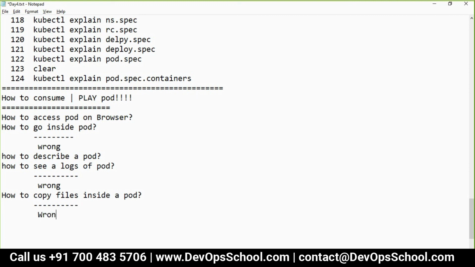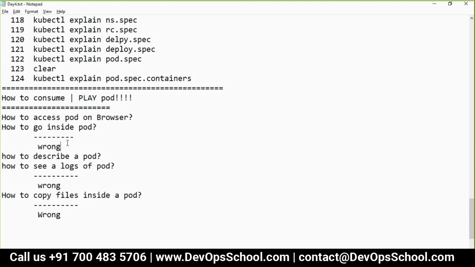Why am I saying wrong? Anyone got a clue? Because we should not do these things manually. Actually, every time I am using pod, but are you really getting inside a pod? Because pod is a logical wrapper. Think about it. Pod is a logical wrapper. It's not a physical thing which you can experience. You can hear about it, you can talk about it, but you cannot experience it.